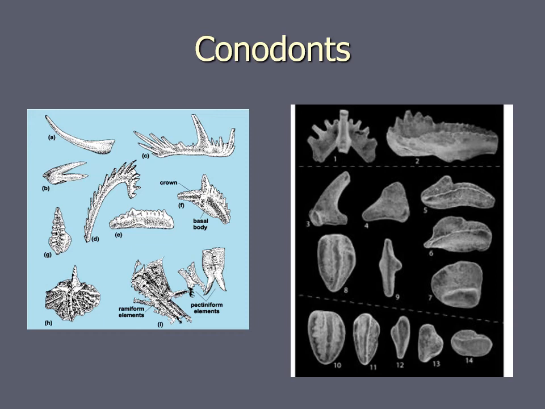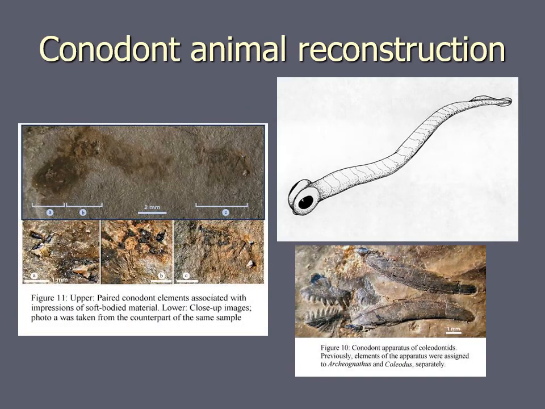Conodonts are actually, though, a type of fish. That's what a conodont animal actually looks like. They had these gigantic eyes, and those spiky plates are their mouth parts. Now, they look like jaws and teeth, but those aren't actually. They couldn't open or close their mouth. Their mouth was permanently open, and those spiky structures were essentially a net inside their mouths that would help filter out all of these different types of microorganisms. So they'd swim around and just filter feed or suspension feed, and they're very small worm-like fish.